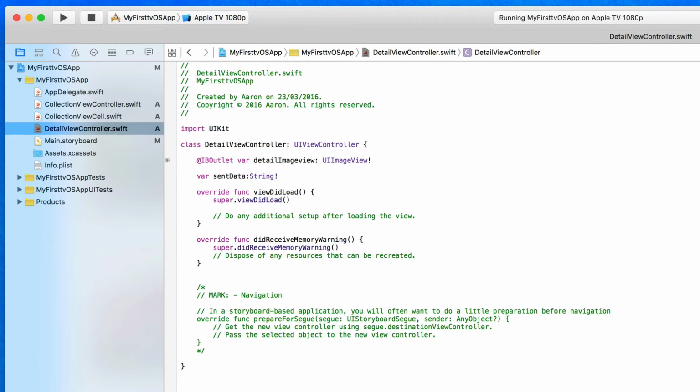Because we're going to be pressing different cells to bring over different information at any given time, we just want the image to be converted into a string to be handled within the sentData variable. And then in this new view, our detail view controller then displays the file name from the sentData. Again, it can become a little bit confusing, but it'll become very clear and simple when we code the rest. So let's do it. Let's jump into our collection view